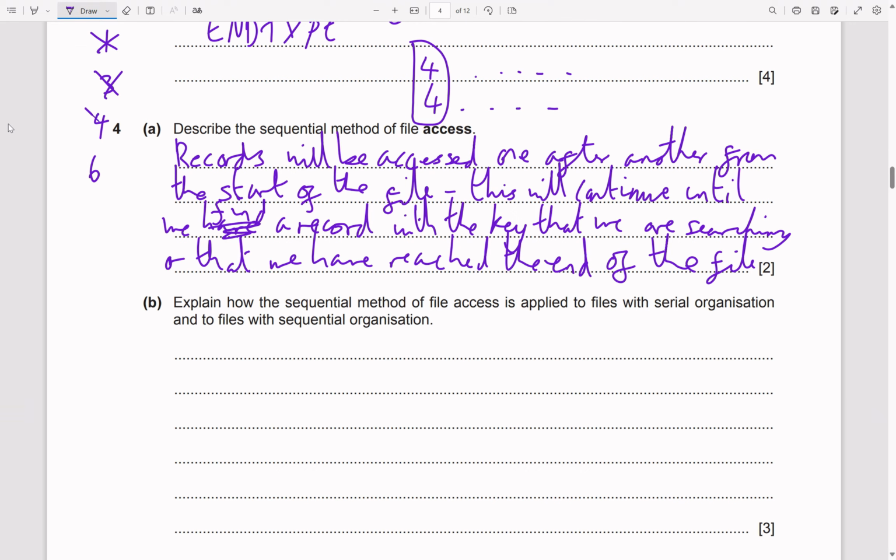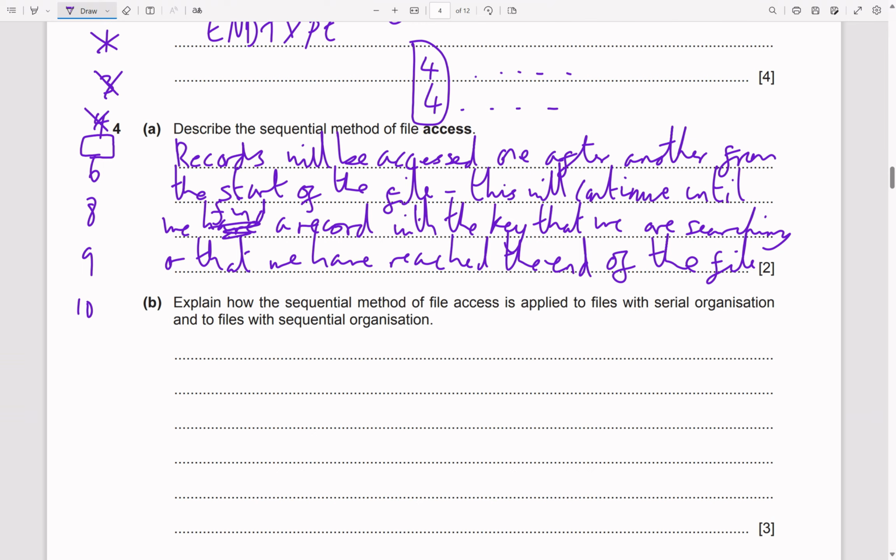Then we check 4, well that's false. And let's say there's, for example, 8, 9, 10. Now we get to 6. But what we see is, of course, 6 is bigger than 5. And since we've not found our record, we just know that that record is not stored in